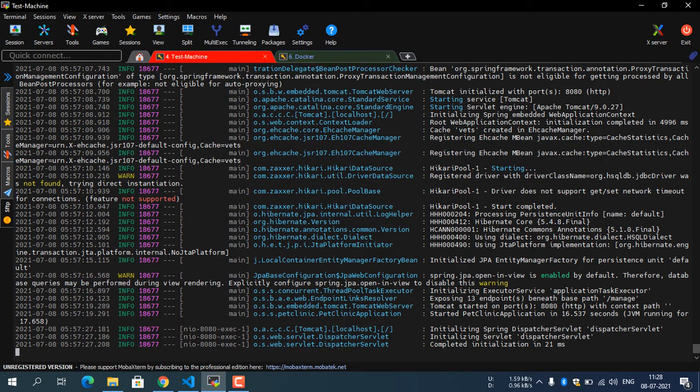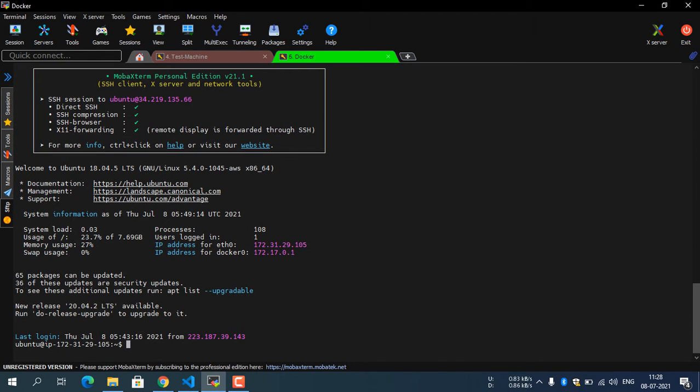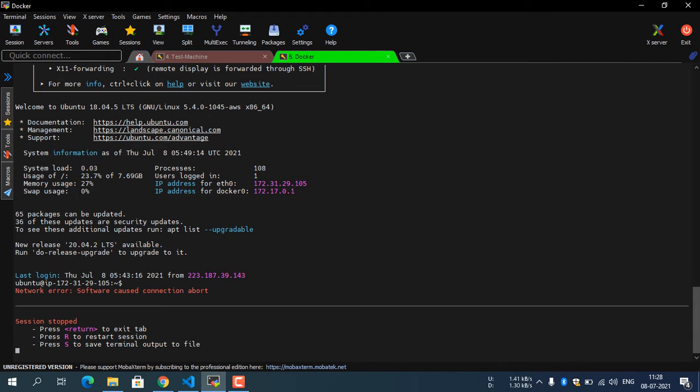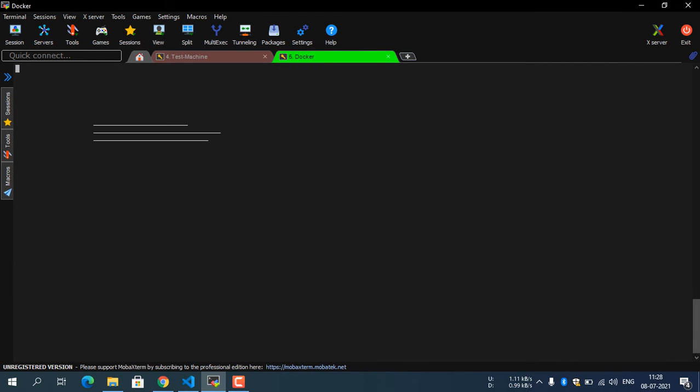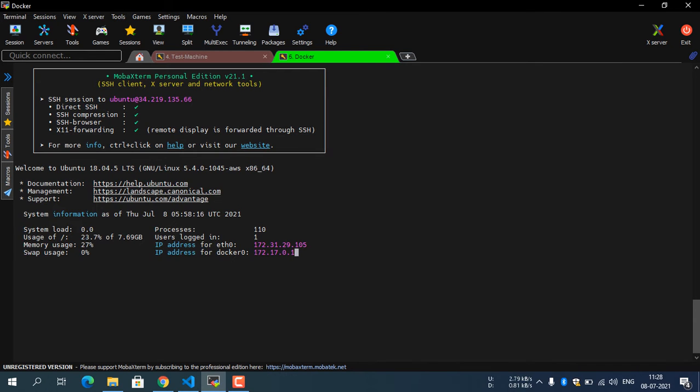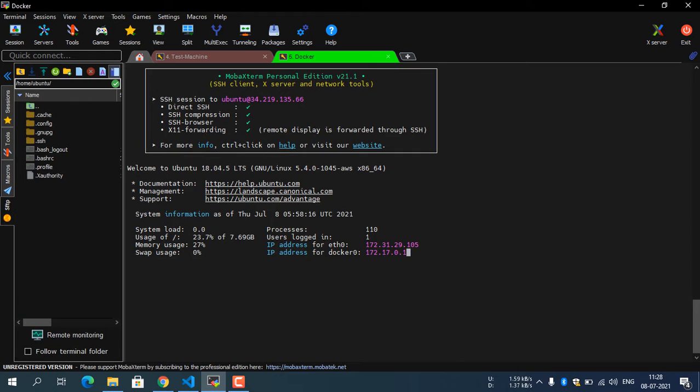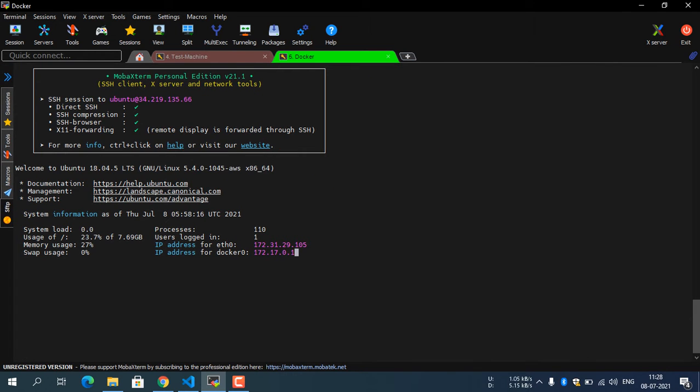Let us go to the Docker machine. This is another machine. It is taking time to log in.